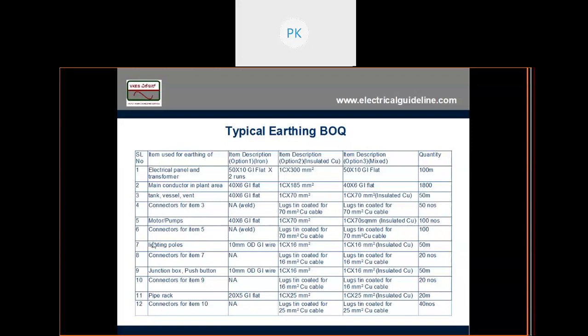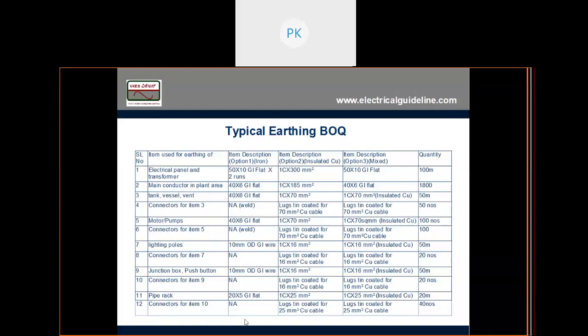For the lighting pole, I will use, see, for the lighting pole also it is better to use 16 square cable, 50 meters. Sir, the lighting pole is a lightning arrestor, right? Not lightning, lighting, the one which gives you light. I'm not using a lightning arrestor here because vessels are there, tanks are there. I'm earthing their body itself. See, when the thickness of the material is more, you don't need a separate lightning arrestor. You can use their body itself.